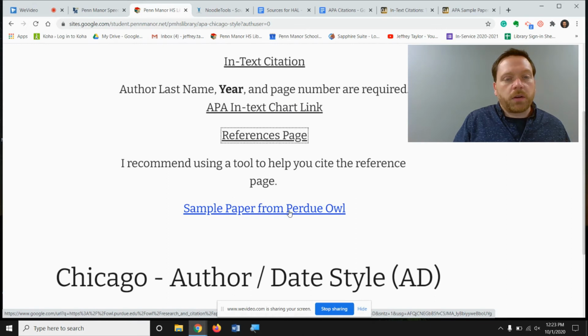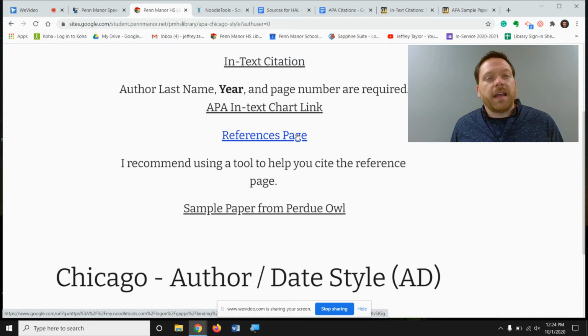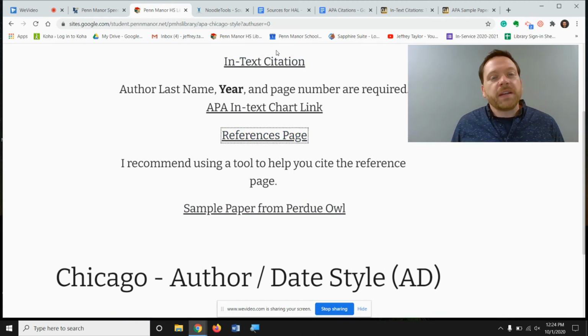There are sometimes some questions about the sample paper, which I really do recommend taking a look at. That's probably the easiest way to figure out the format, is to look at the sample paper and make sure that yours looks like the sample paper. And sometimes we have had questions about long quotations. So in APA,